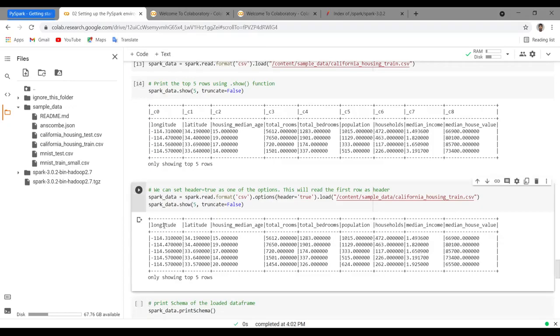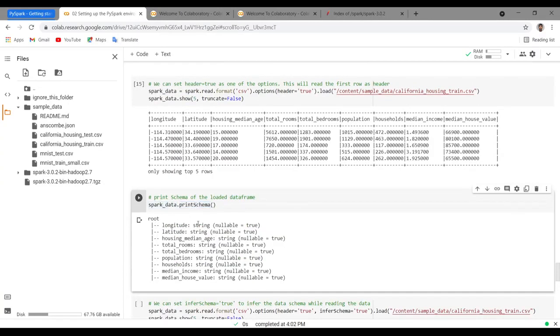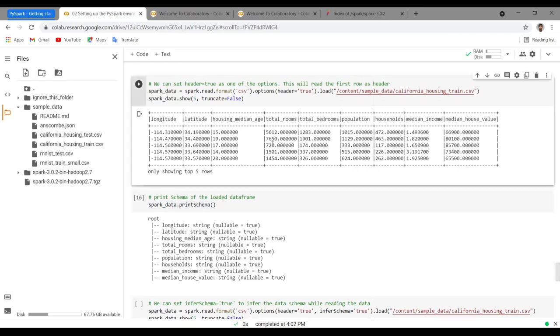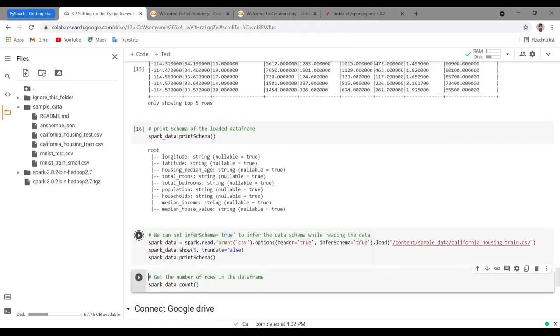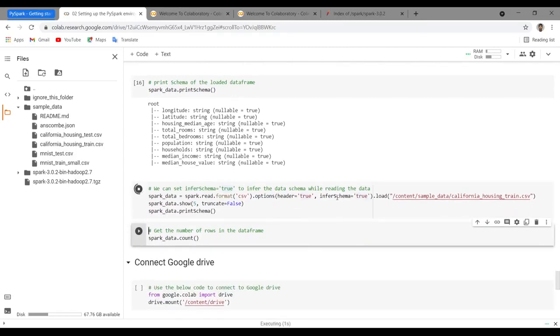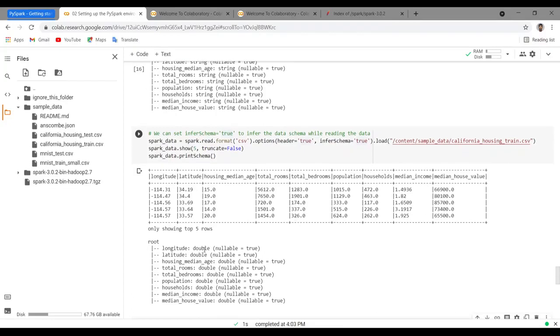Now this is the feature name, longitude, and we have the data points. Let's print the schema of this data frame using printSchema. Currently all of them are strings, but if we see the data frame, they don't look like strings. So these are all float, right? That's why we can pass one more option called inferSchema equal to true. What this does is, when you are reading data using Spark, it will automatically infer the schema. If you have a large dataset, it will read only a top sample of 5 to 6 rows of data, and then it will infer the schema using those rows, and then assign the schema for the whole data frame.